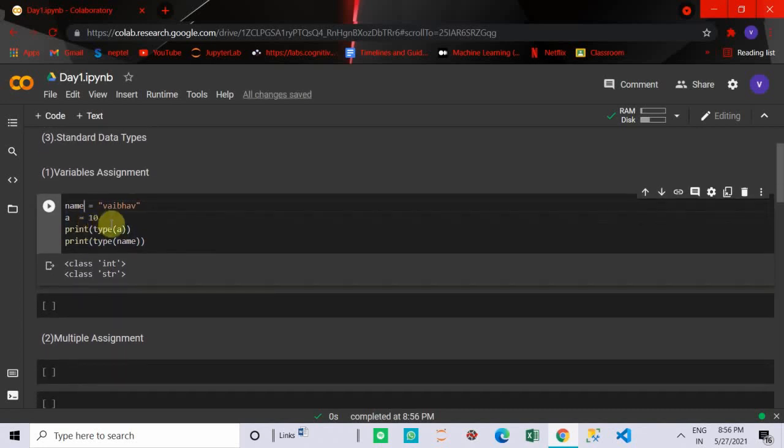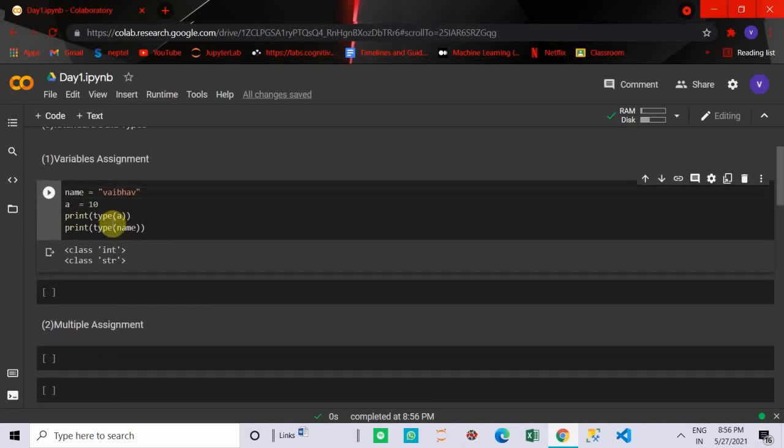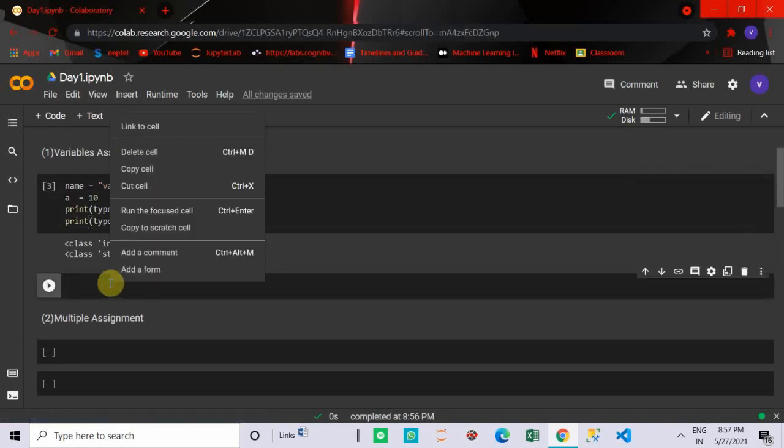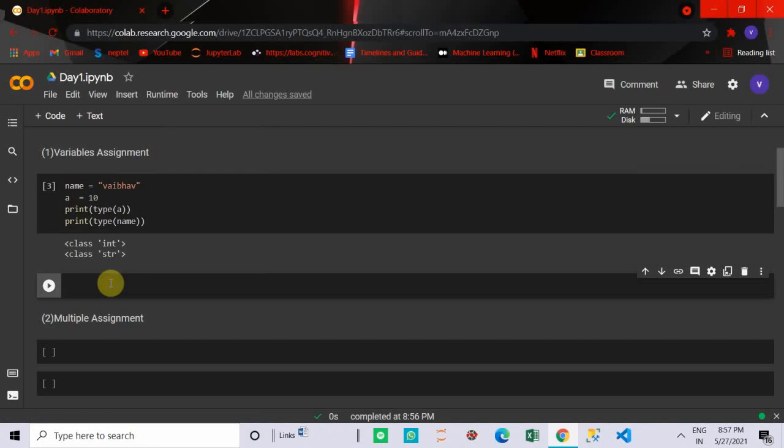Okay, so the equal to sign is used to assign the variables, like name equal to. So equal to is the assignment operator. We used equal to here to assign something to our variable. The operand that is left of the equal to sign is basically the variable name, and the right side of the equal to is what we have to store in that variable.